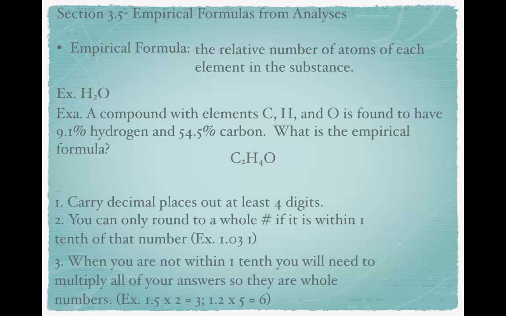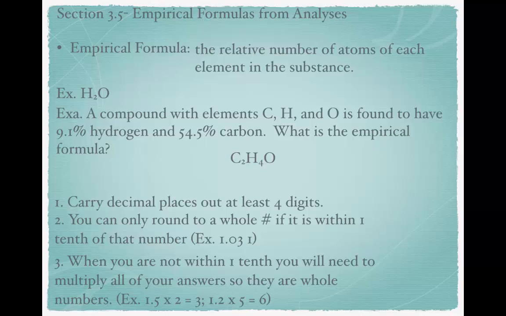Keep in mind a couple of rules that you need to remember. The first is that you need to carry decimal places out at least 4 digits when you're doing your calculations, like I explained when I did my calculations. Second, you can only round to a whole number if it's within 1/10 of that number. So for example, 1.03, I can round that to 1. If I had 1.3, however, I could not simply round that to 1, and that brings you to the third